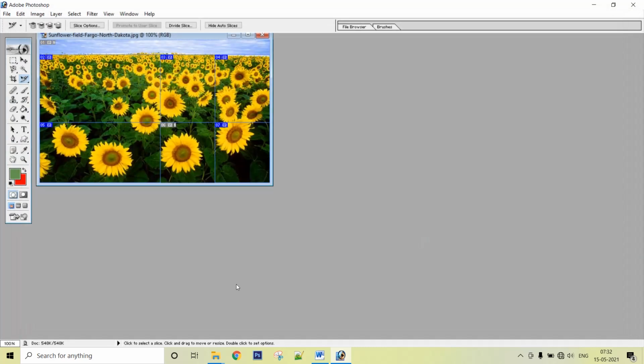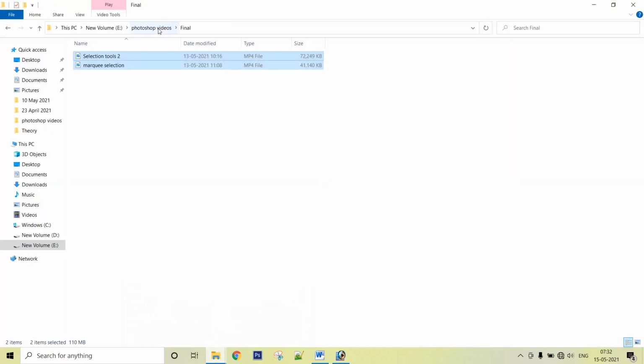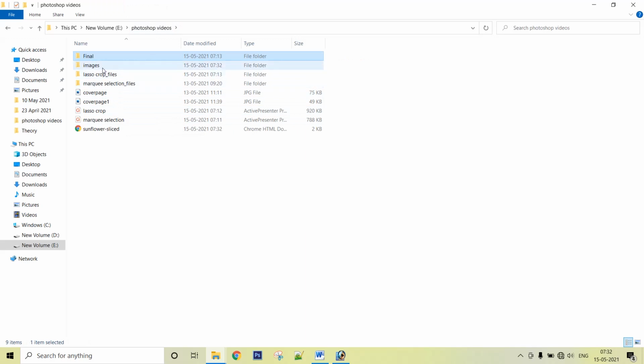Then you can see that in this folder I get the sunflower sliced HTML page. This is the sunflower sliced image page. If I double click it, it will open in a browser.